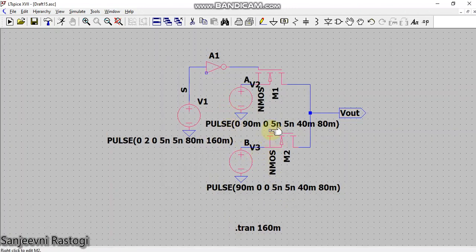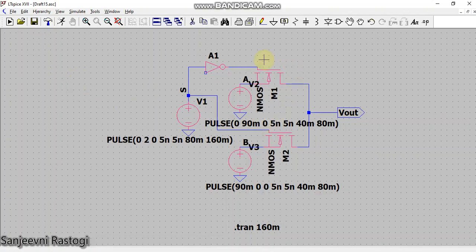No, still I have not connected the gate of the second MOS transistor. So this has to come from S. That is why we need to check the connections before we try to simulate it. So this is the first MOS transistor. The source is connected to the voltage source A, gate is connected to S bar. This is the second MOS transistor, source is connected to input B, gate is connected to the select line S, and this is the output.